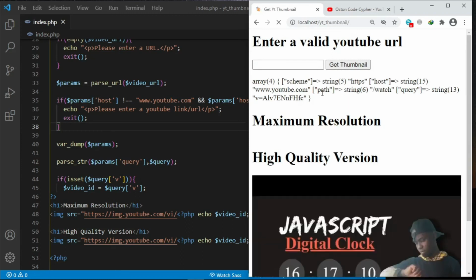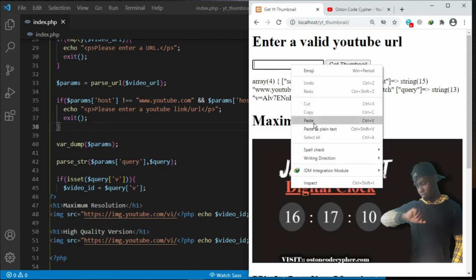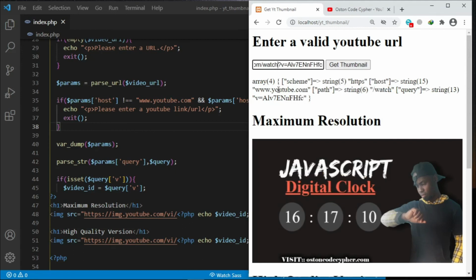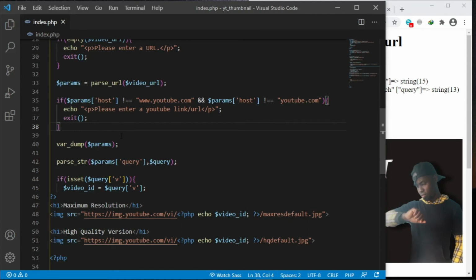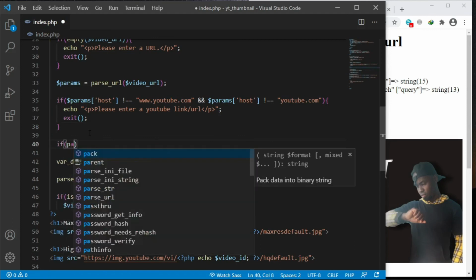So we want to check for the path. If the path is equal to watch, so somebody may put the real URL but comes around and messes with the path, and let's say put watched. So we want to check that in our code. I don't want to just throw back an error there. I never wanted to submit. So let's check if params,